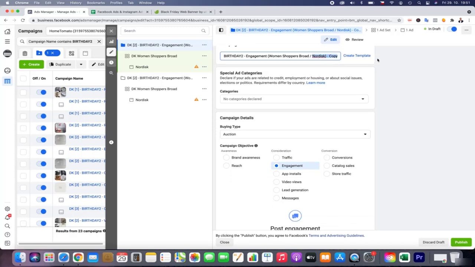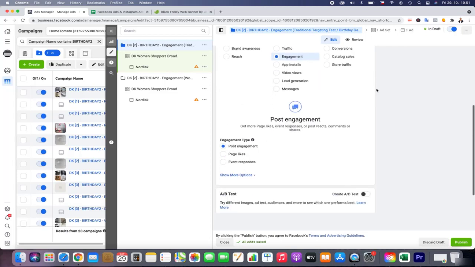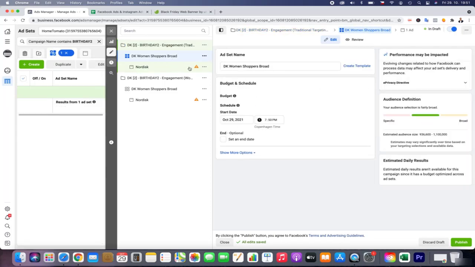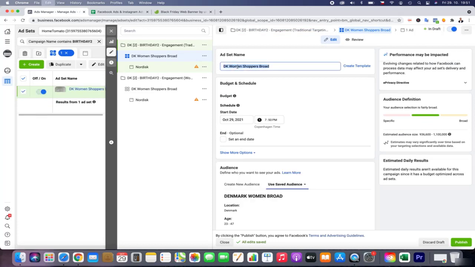This birthday gallery, we just need to name it correctly. And what we will focus on more is traditional targeting test. Okay, we call it this way, but I am testing some really specific persona I have built up. And then we just rename it here.